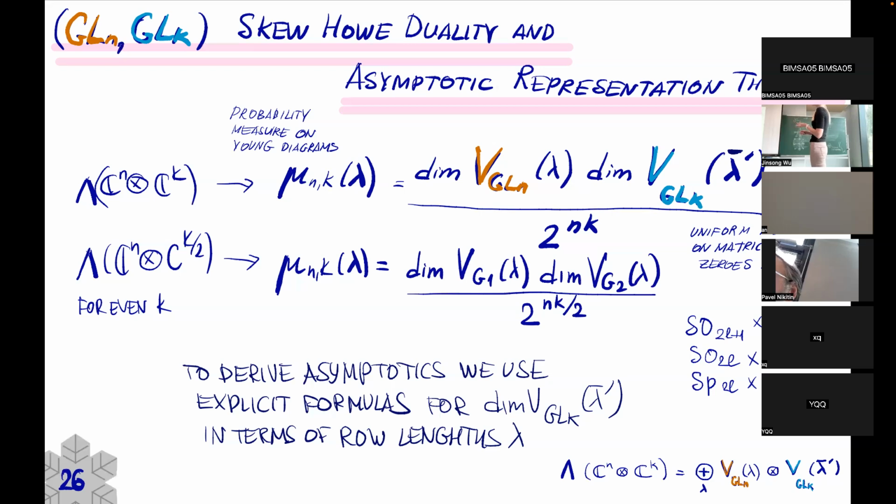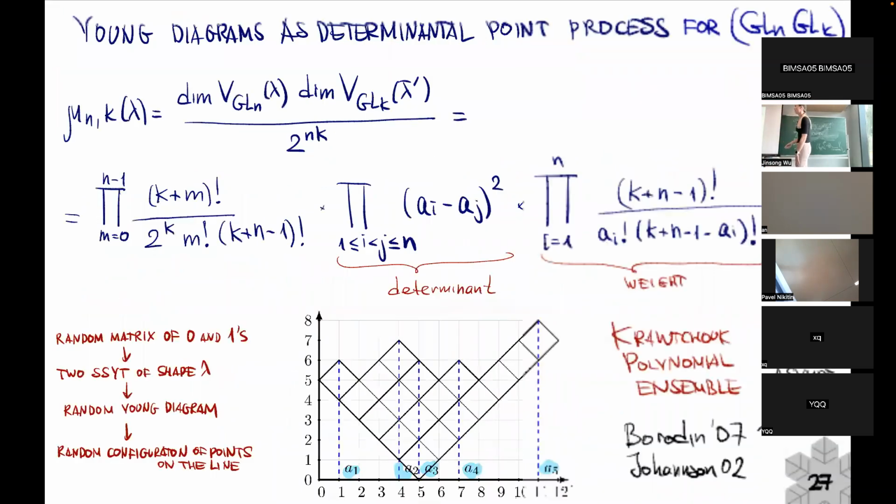So, and for that, we use the explicit formulas for dimensions of lambda bar prime in terms of rho length lambda. So there was a general result that we have dealt with previously to get those multiplicity formulas, dimensions of lambda bar prime with the rho length lambda. Okay, so